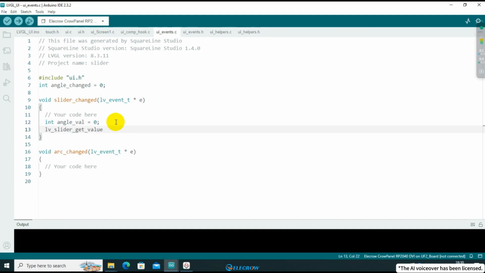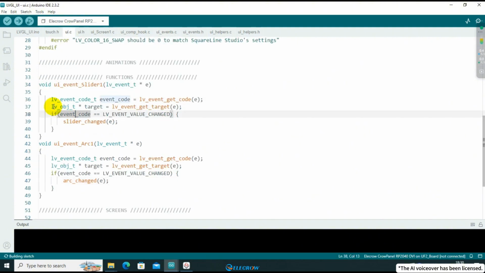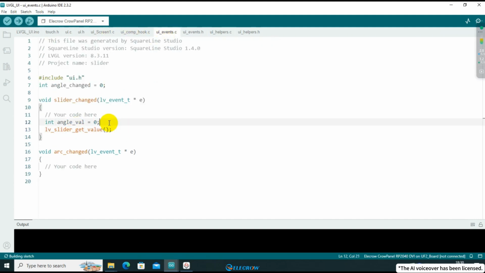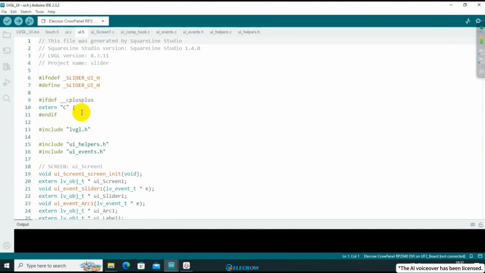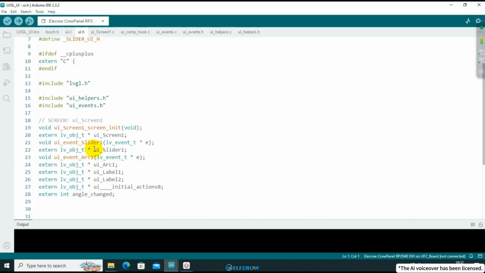The one I'll be using is getValue. I'll copy that into the slider changed function. The first parameter is the object being operated on. You can refer to the function that determines the event trigger condition, and use that function to retrieve the slider object based on the passed-in parameters. Alternatively, you can directly find the pointer to the slider in the UI.C file and use that pointer to specify the slider. Clearly, using the pointer approach is more convenient, so I've chosen to use the pointer as the first